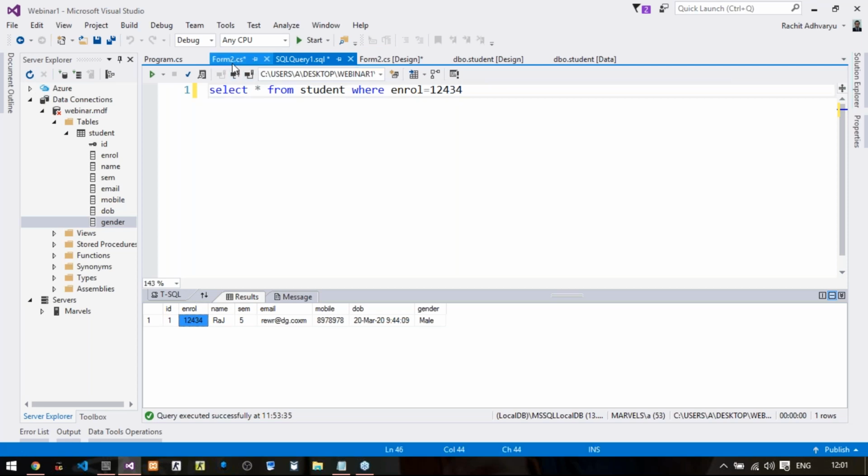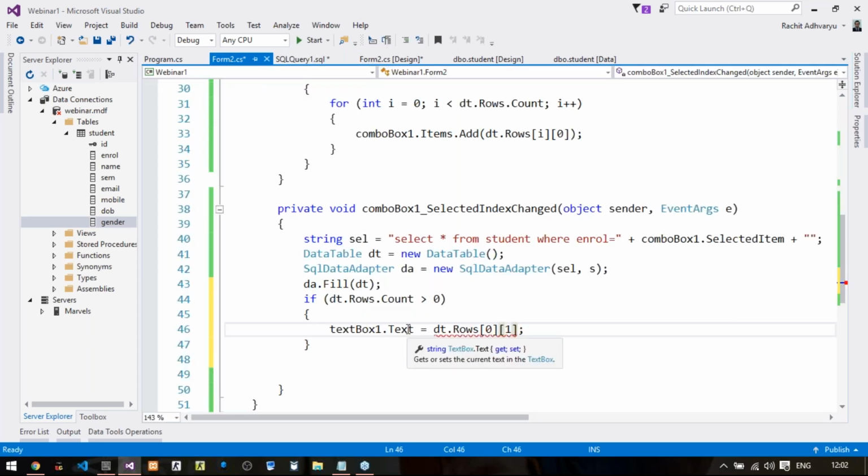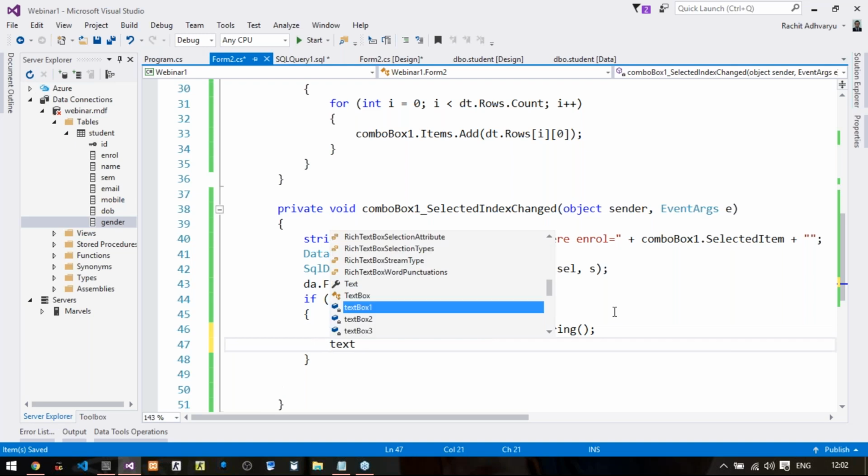And because a text box always considers all values as a string, we need to convert them, even though it is integer type, to string type at runtime. Though we have entered numbers here, it has to be converted to text or string type. So this is the direct way to convert it: .ToString(). Similarly, textBox2 is for name.